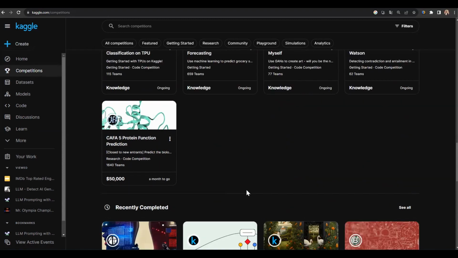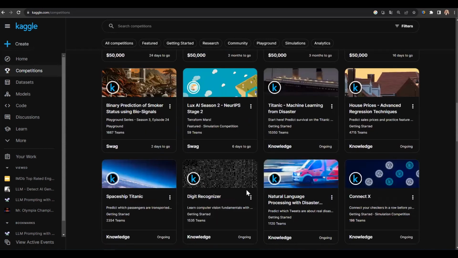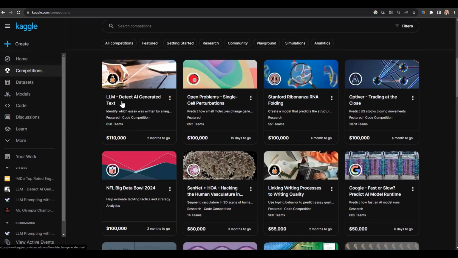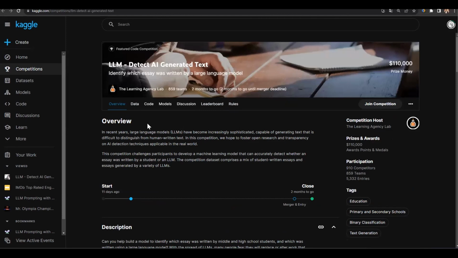So if we take the example of one of the ongoing ones, for example, the first one, which is on LLMs. LLM stands for large language models. So the competition is about detecting AI generated text, and we have a small description here, and we see that we still have 2 months to go. So if you open this one, we find more details on the competition, like the host, number of teams, and